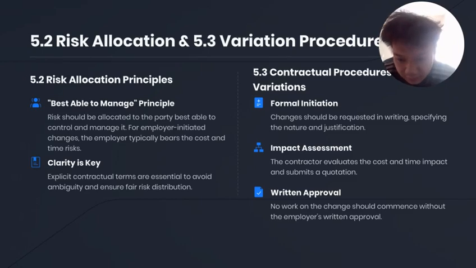Employer-initiated changes such as scope expansion or foundation upgrades should normally be borne by the employer, including both time and cost. Contractor-related issues such as its own design defects or poor construction methods should remain